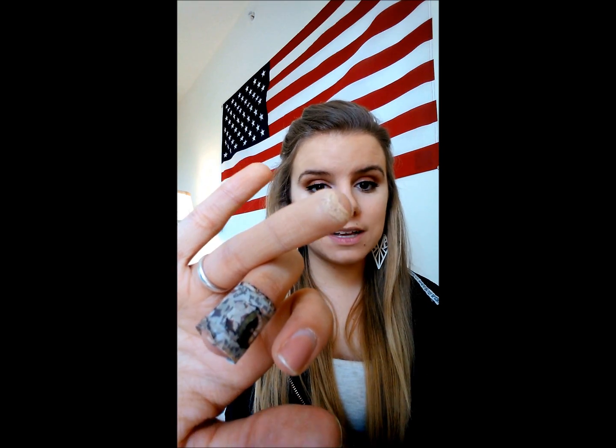Again, the only other non-NYX product that I have is a regular blemish concealer. This is the Sonia Kashuk pot concealer, and I chose this one because I know that NYX has a pot concealer. So if you have that, or if you want to recreate this look and get that, then this is pretty easy to find. But with pot concealers, you really don't need a whole lot. This is just a teeny tiny dab, and I'm going to put it on a couple of my red spots, just like that,